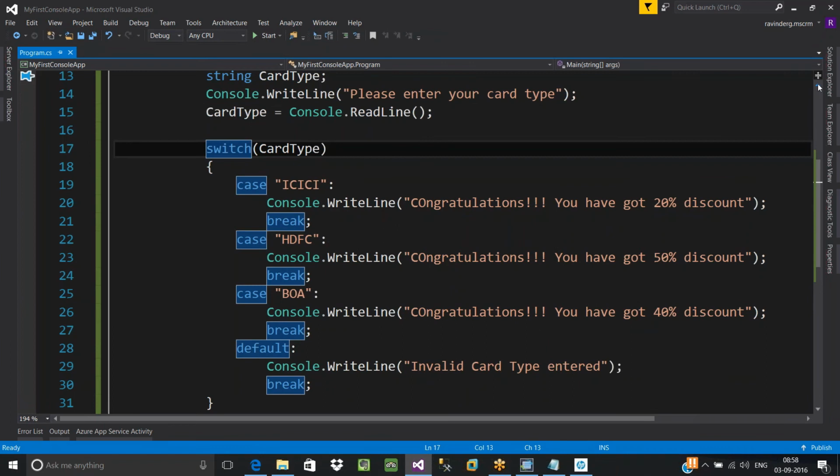Any questions, guys? Okay, so today I took a 2 hour session, and tomorrow also it will be 2 hours. So this is something about your if else and switch statement. These are very, very important in 90% of the real-time applications. Many logics will be implemented using the combination of these three: if else, switch, nested if. These are very, very important.